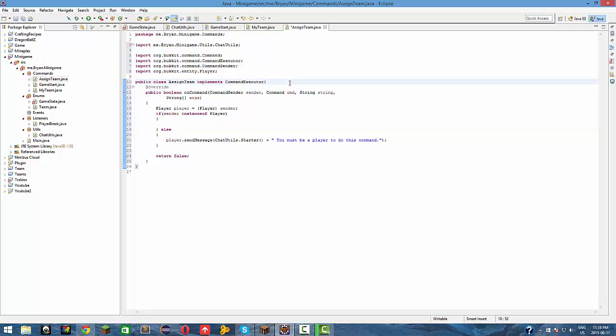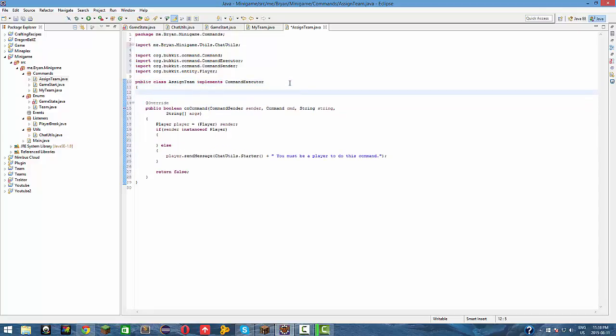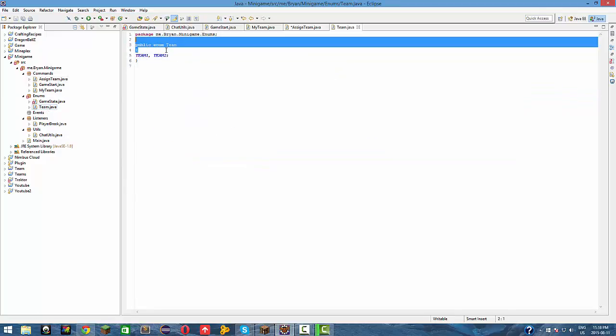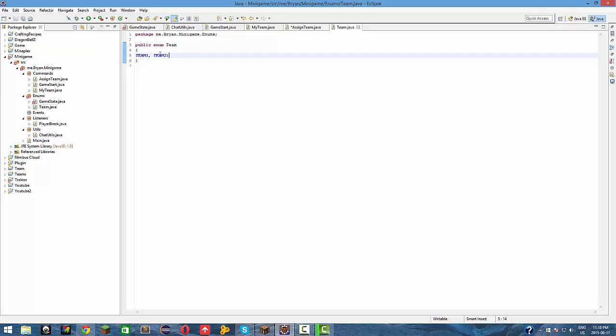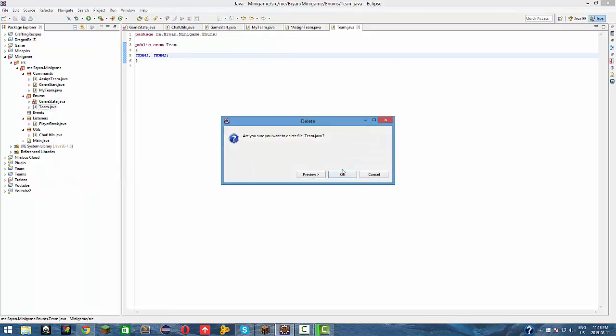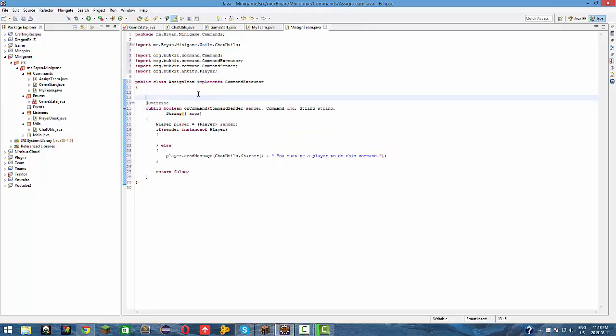So inside, we're going to be making an array list. That was so bad. Okay, so inside, let me think this out first. You know what, I was thinking of using enums, but I never really actually taught you guys about enums yet. So what I'm actually going to be doing is deleting this, because we won't be needing this. We're just going to be using plain old array lists. So we're going to be making an array list of strings,